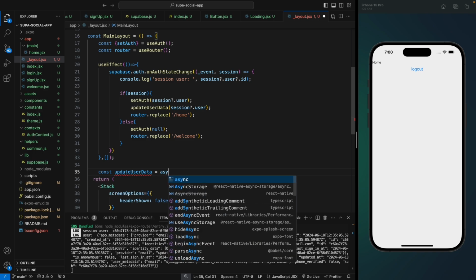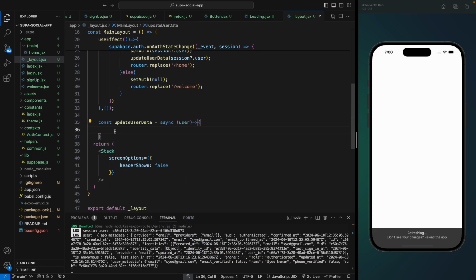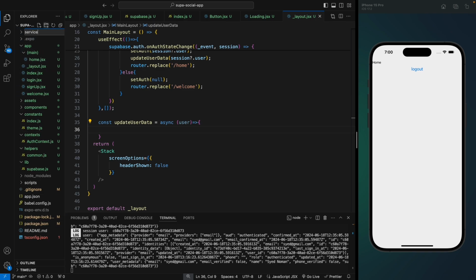So let's create this function here, and this will be an async function. It will receive the user from our session. Now we need a way to get the user from the users table, and for that we can go into the services folder, which we haven't created. So let's create a services folder, and inside this let's create our first service as the user service,